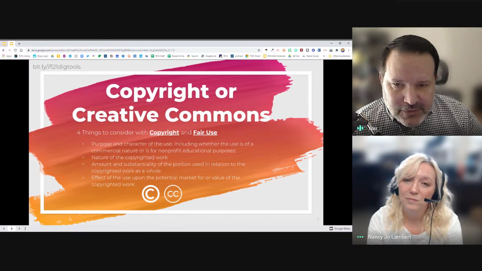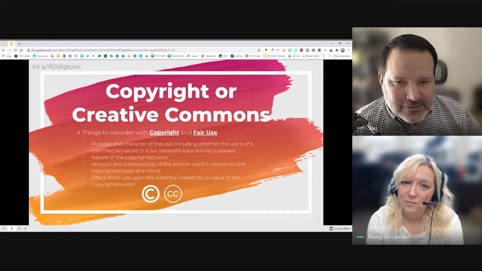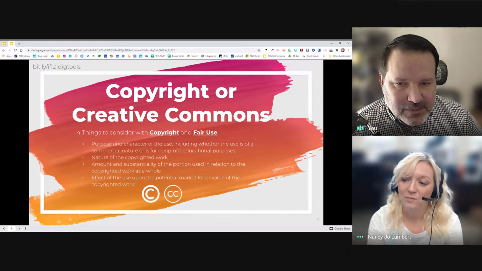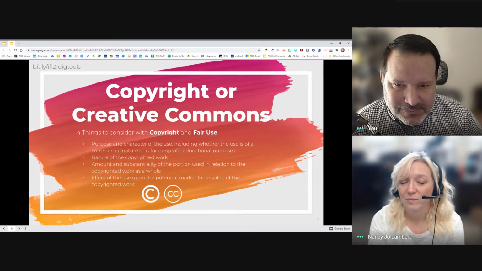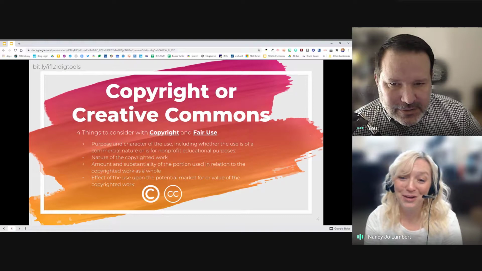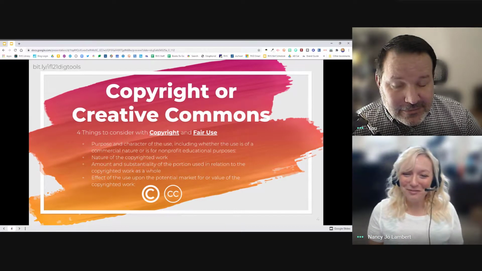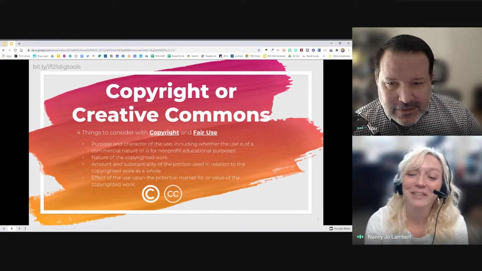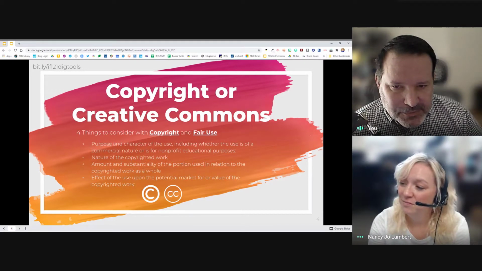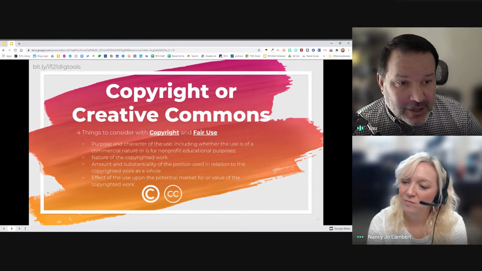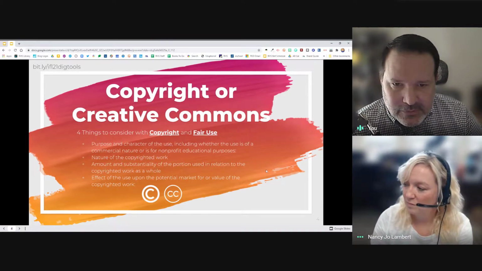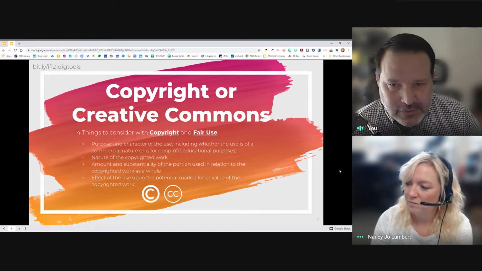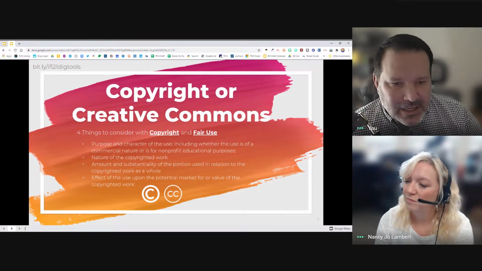But with fair use, I've got these 4 bullets here. These are the 4 things to consider when using something that is copyrighted. And it's always best to get permission if you're going to use somebody else's work. That's the easiest way to do it. Express permission, preferably written if possible. But the 4 things with fair use, the first one is the purpose and character of the use. So if you're using it for educational purposes, that's good. If you're not, then that's not good. And since this is a presentation for teachers, you're probably going to be using it for educational purposes, so that's good. The nature of the copyrighted work has to do with what it is.